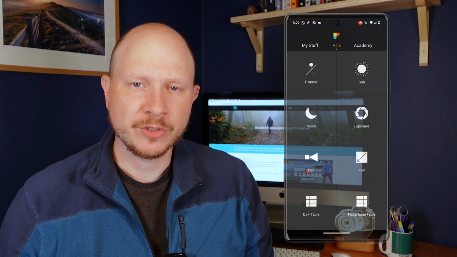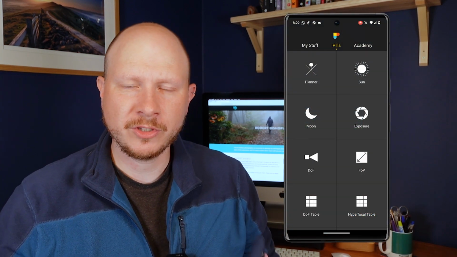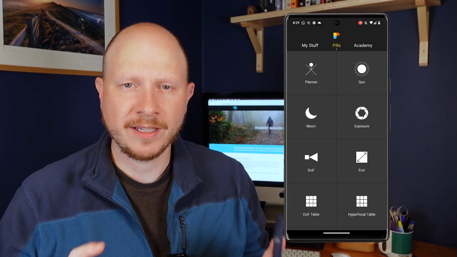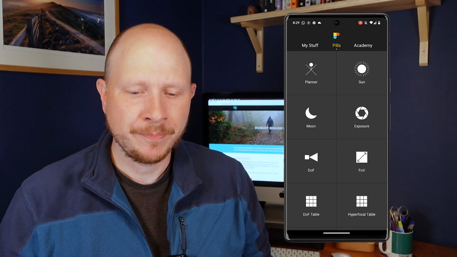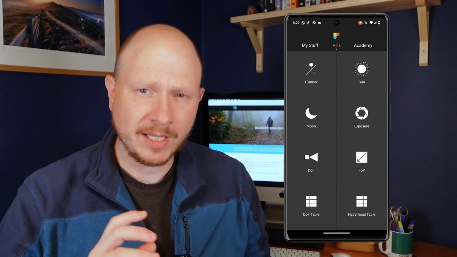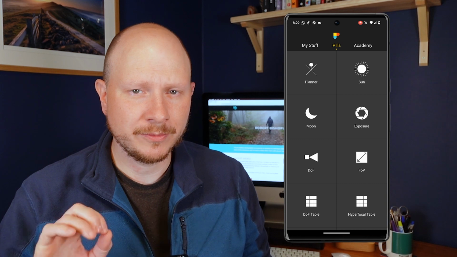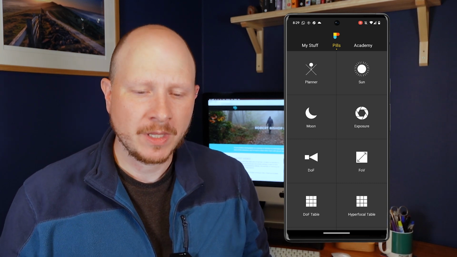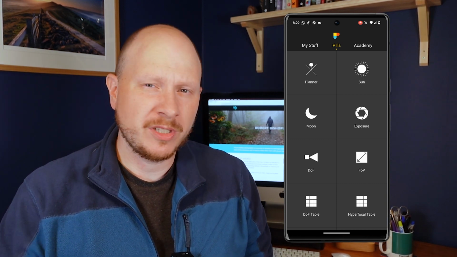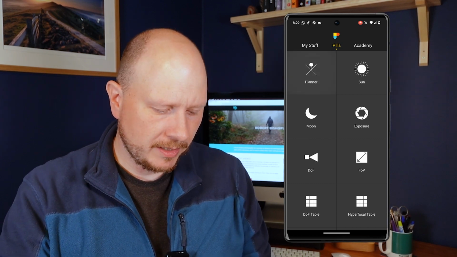So next up we've got PhotoPills, and this is a massive app. It's got so many features. I really need to make a video dedicated to just this app. So I'm really going to run through these lightning quick and just give you the headline uses or features of this app. You've got the planner, which is what I use mainly with this app, and if you click on